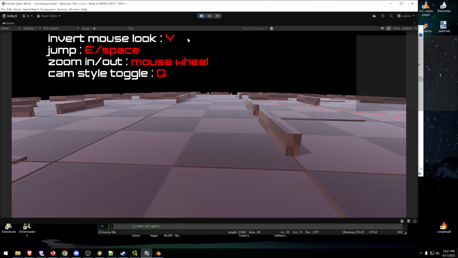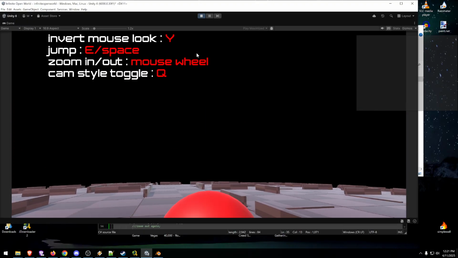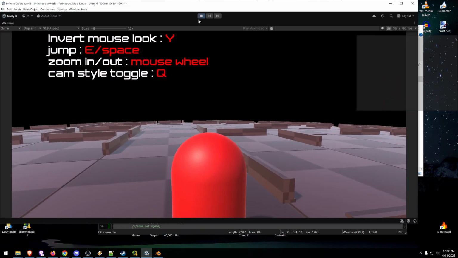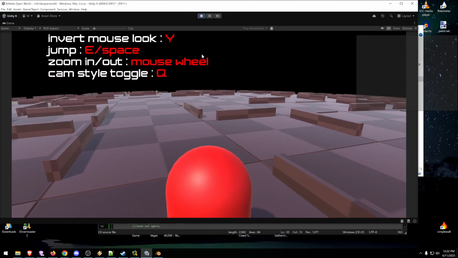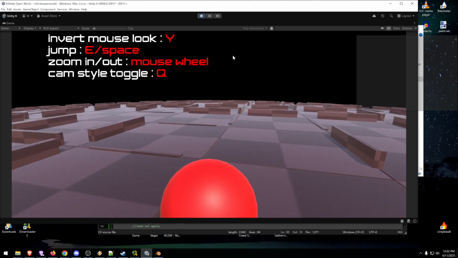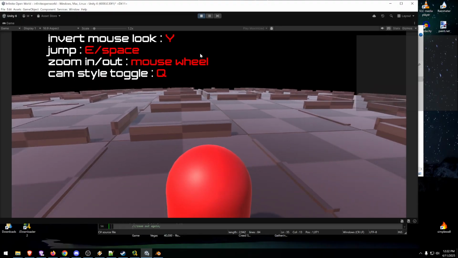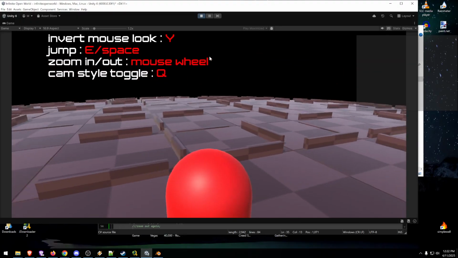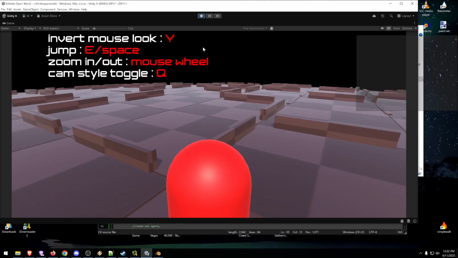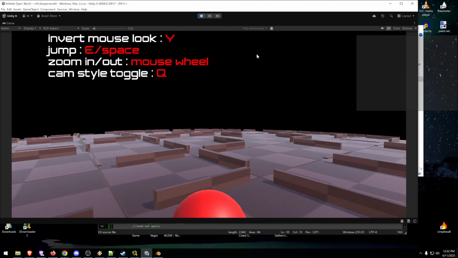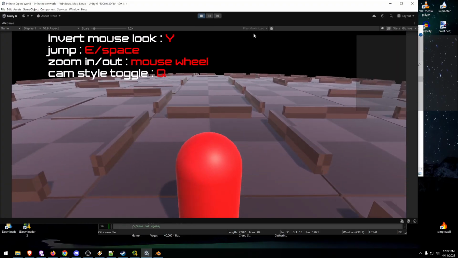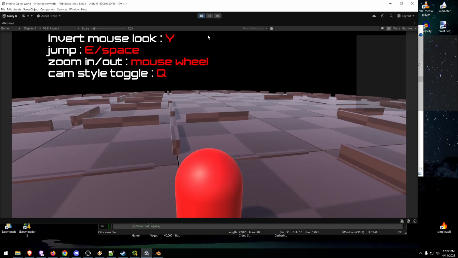Let's zoom out. We can zoom downwards a little bit as well. Good for a bit of functionality. And it would be good to have a default view for people who go, "Whoa, I messed up my camera. Oh dear." And if they cam style toggle with a Q to the isometric view,